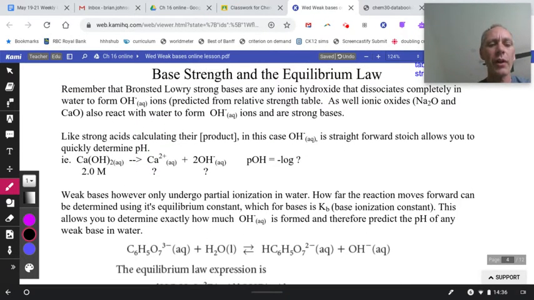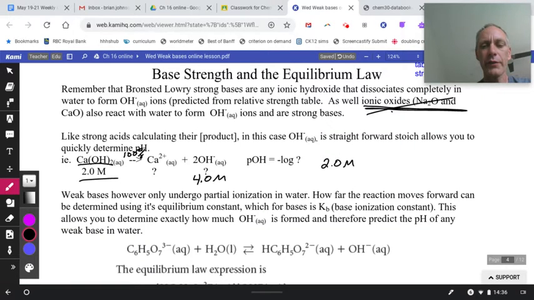So strong base is an ionic hydroxide. So calcium hydroxide, sodium hydroxide, potassium hydroxide, there's lots of them. You'll never see these guys, so I wouldn't worry about them. Okay, so you dissociate them 100%. They're high solubility ionics. 2 mole per liter would give us 4 mole per liter, because if you look at the stoic,